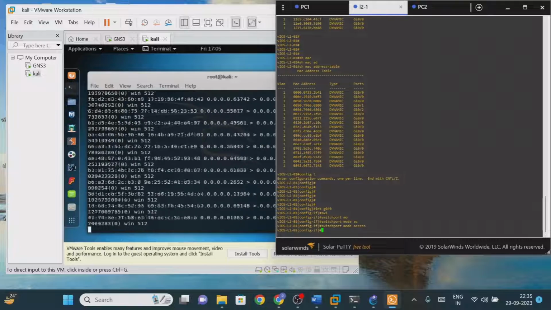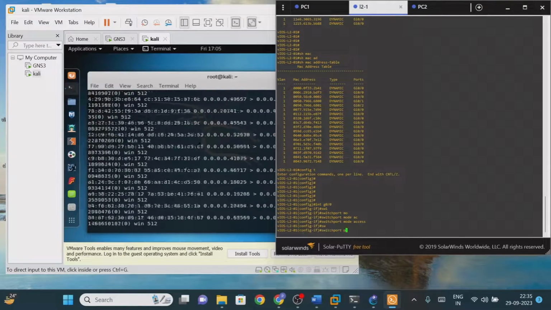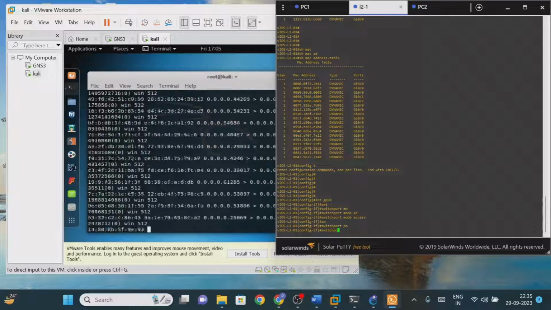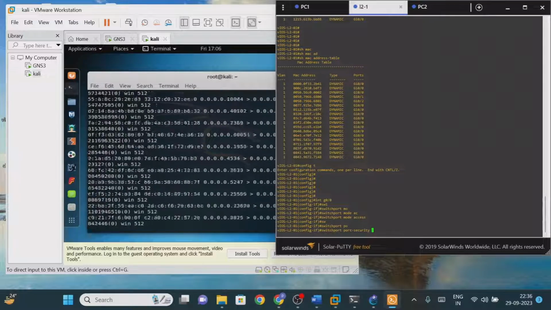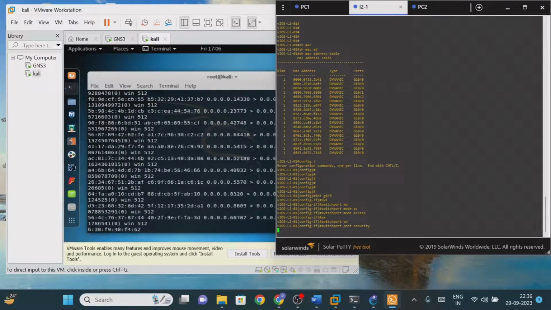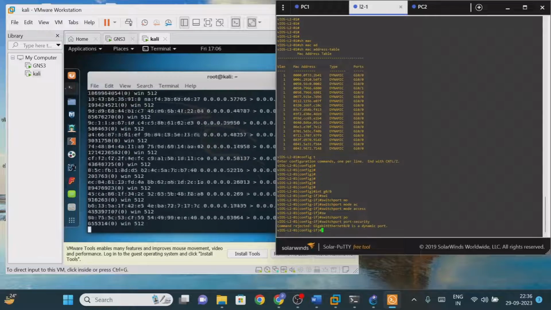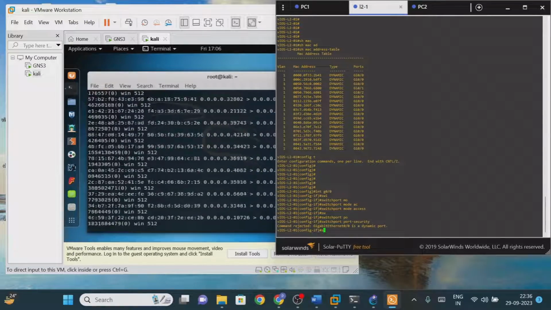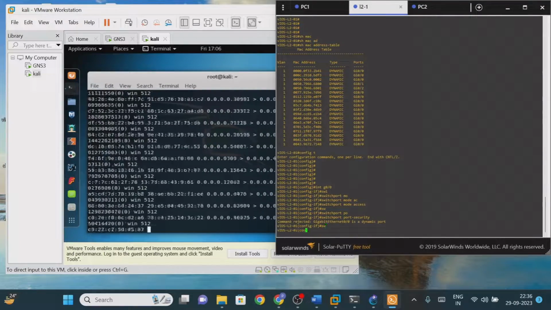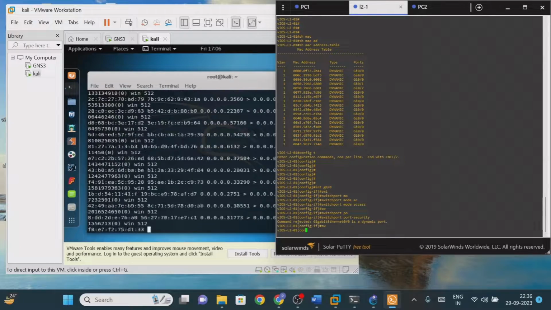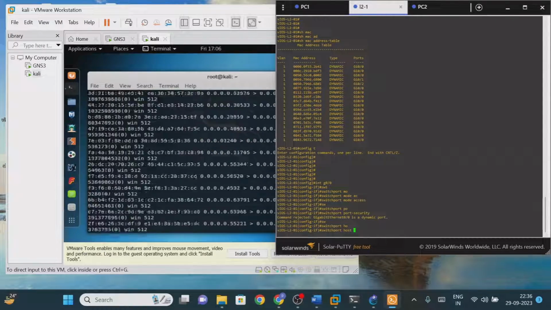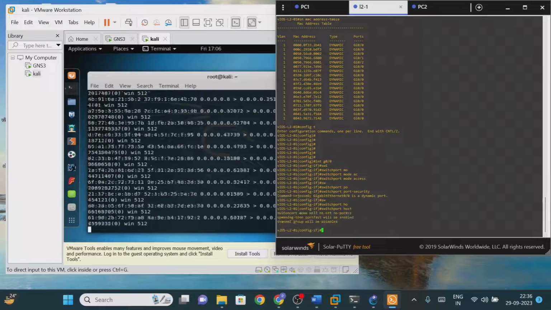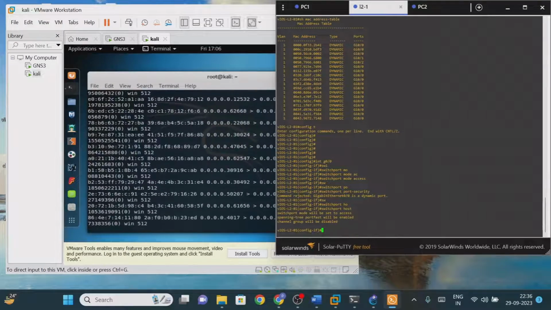Next we need to write switchport port-security. Once it is done, if it is not dynamic, we have to type the command switchport host again. So now it will be, yes, that will be disabled, right?